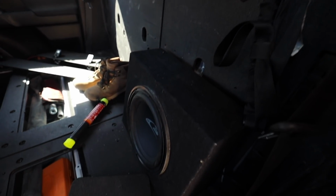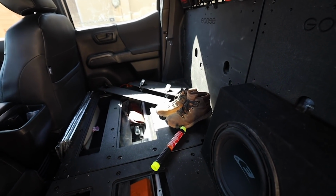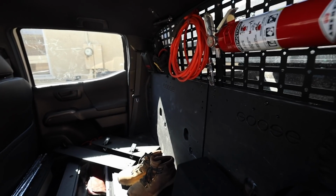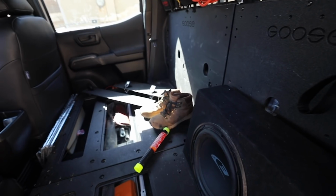And now with these compartments being emptied and things are going up top here where the Molle panel is at, I mean, I can definitely use all the space needed for me to continue adding things that I believe can save my life, can definitely get me out of a bad situation, at the same time make my life on the road a lot easier. All right, so now that we're outside, gives you guys a clear view of how much room there is back here. And like I said, I am not gonna be putting anything in for this video,